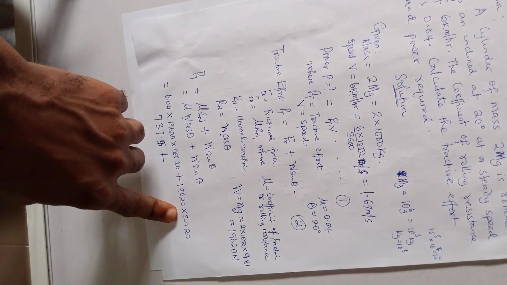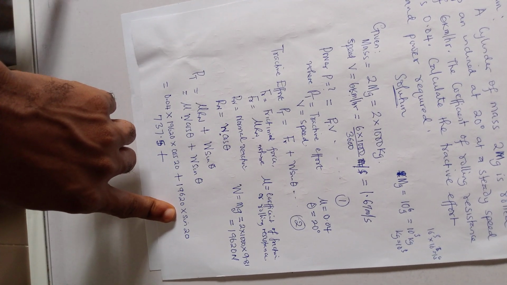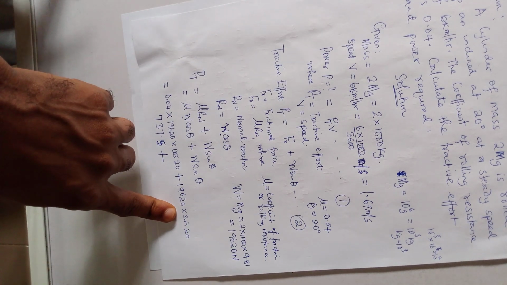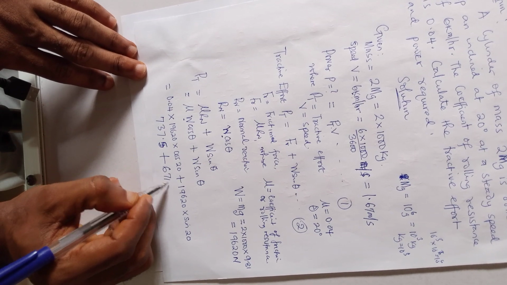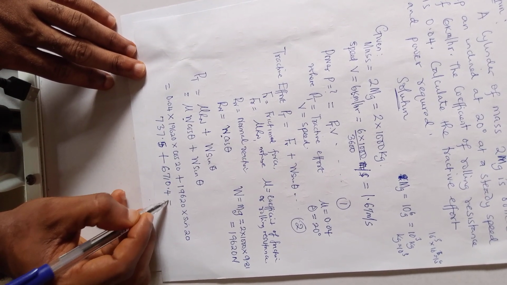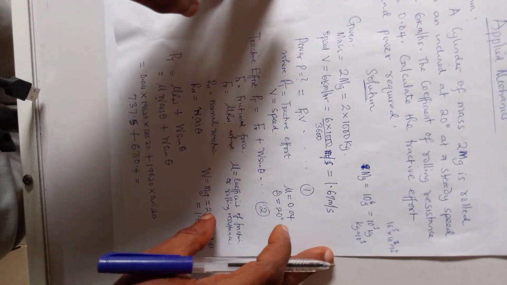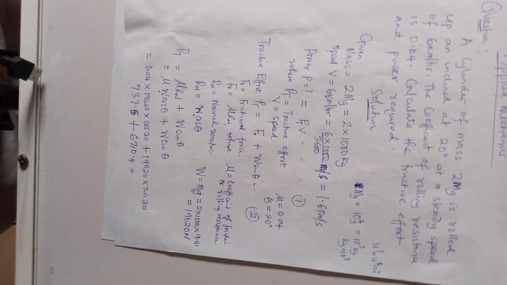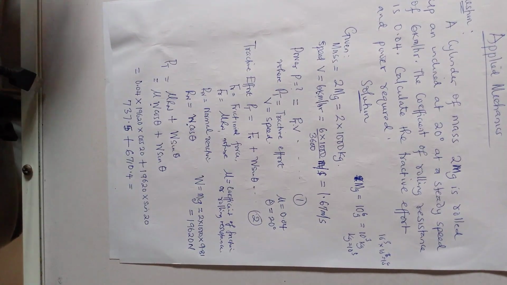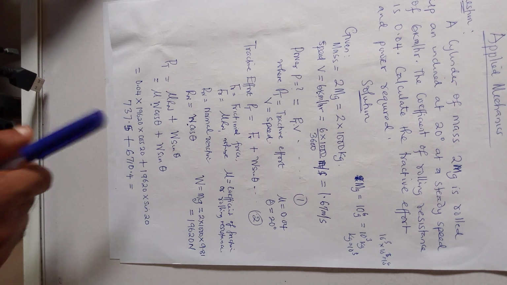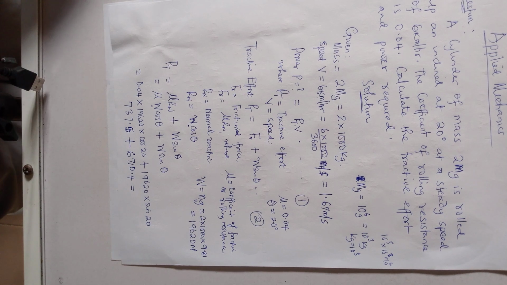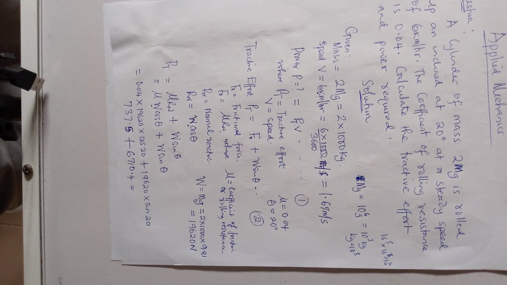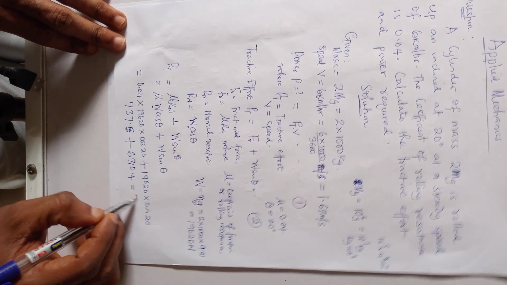So our sine 20 is 0.34 times 19620. So that gave us 6710.4. And so when we add these two, when we add this and this, it's going to give us